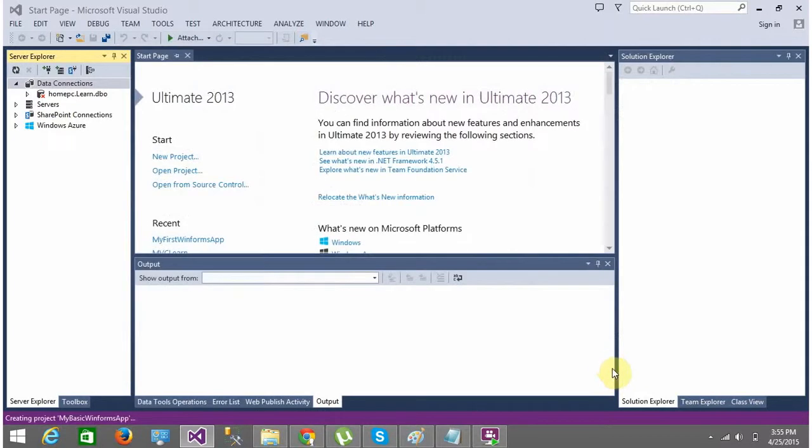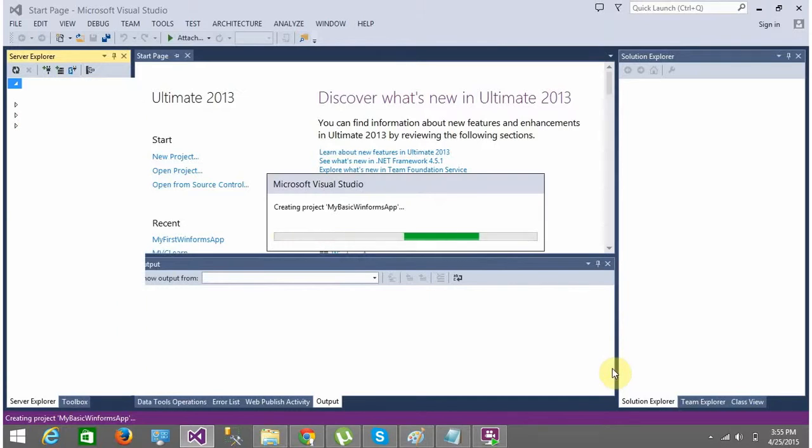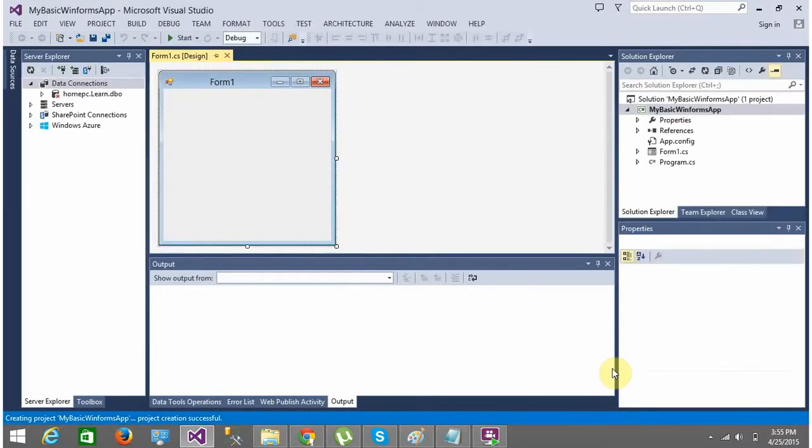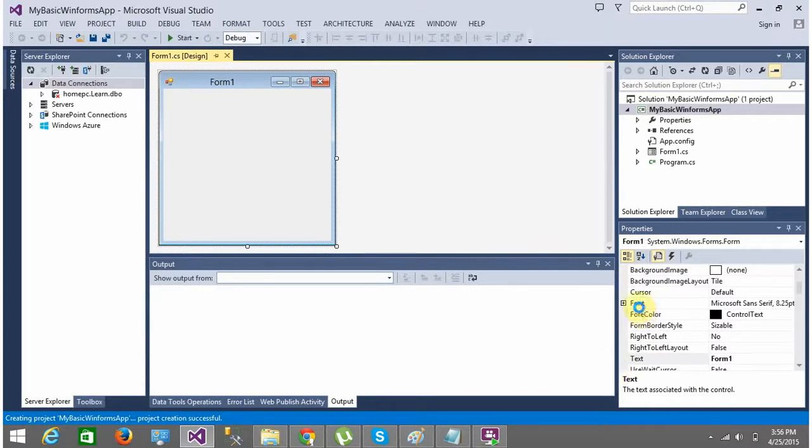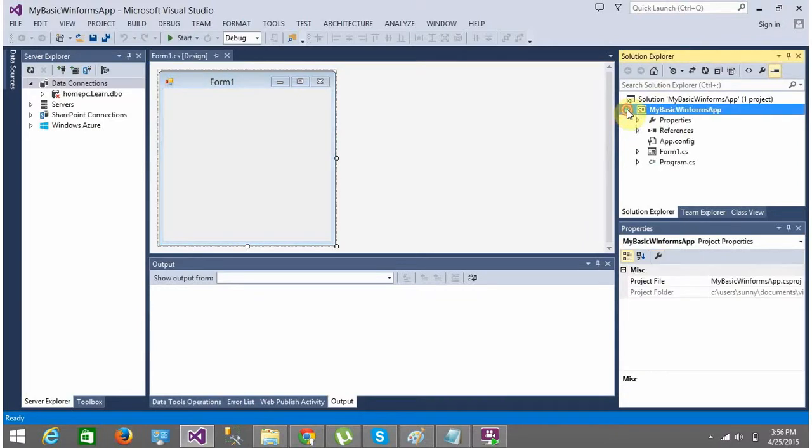So now Visual Studio goes ahead and it is creating the basic template for you. As I said that all these templates are already there inside Visual Studio, so you do not have to waste time in making the template. So you see here, this is the basic template for the program. So every time you're making a basic WinForms application, this template will fire up.